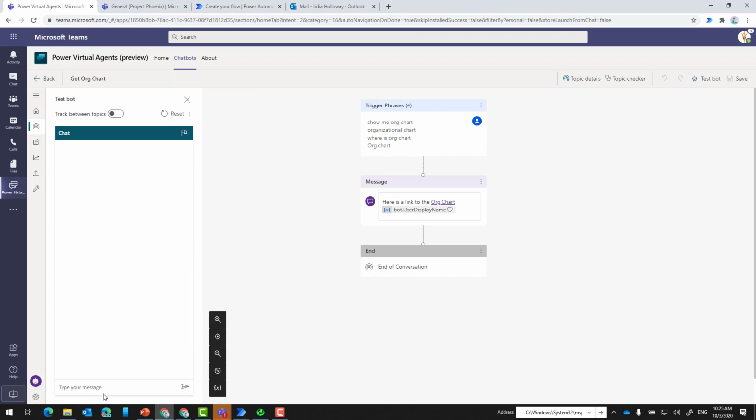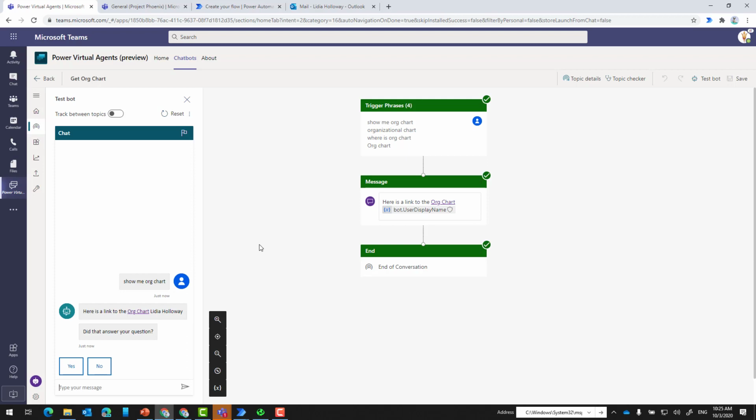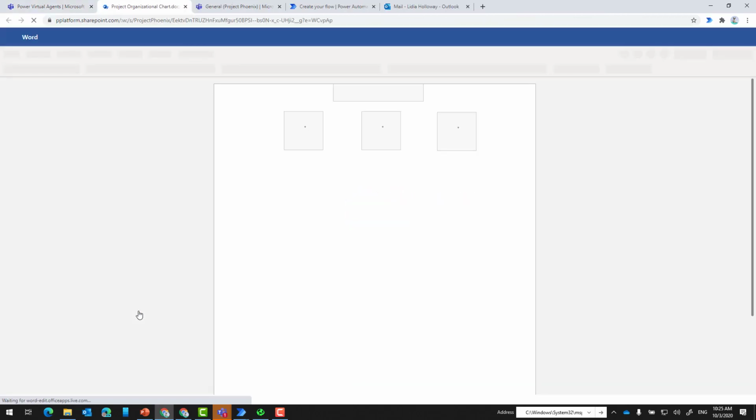So I'm just going to go ahead and type in "show me org chart." And then what's going to happen is we'll be able to fire off this bot. And here we have a link to this specific org chart. Now, in this case, the org chart just happens to be a Word document that is actually stored inside of